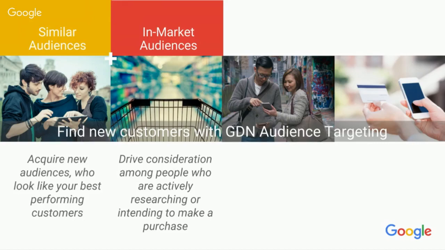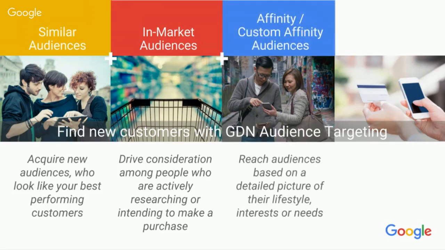Next, we've developed an affinity audience suite, which helps brand marketers looking to raise awareness and drive consideration by reaching audiences based on detailed pictures of their lifestyle, behavior, and interests. It reaches users online in a similar way to how you think about TV. So reaching cooking enthusiasts or reaching luxury travelers. And you also have the ability to overlay this with demographics or other targeting types to reach your specific audience.